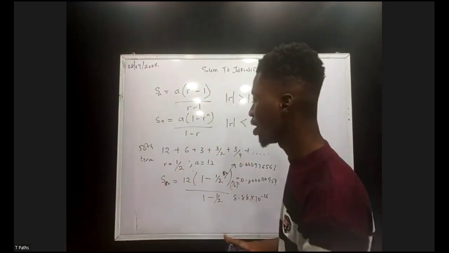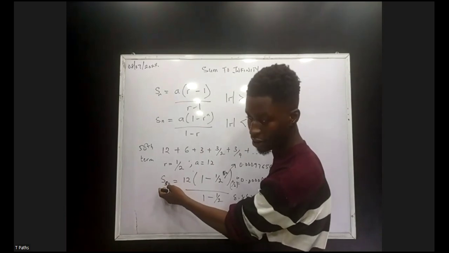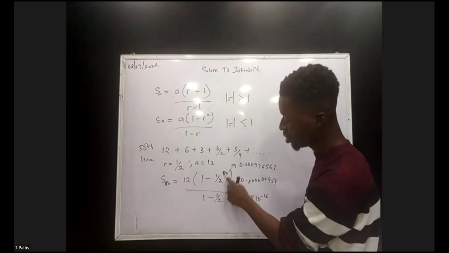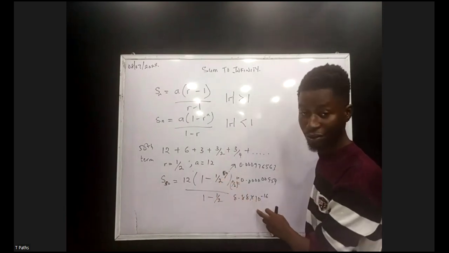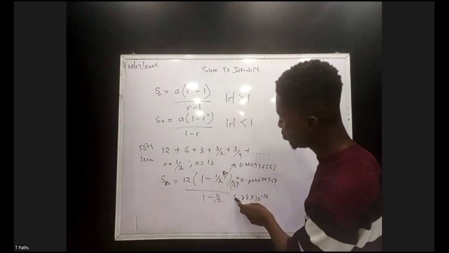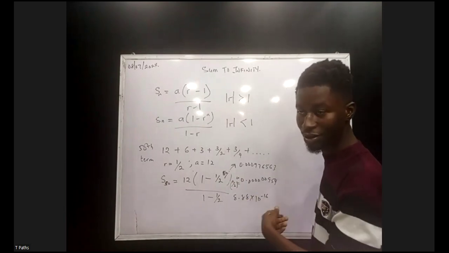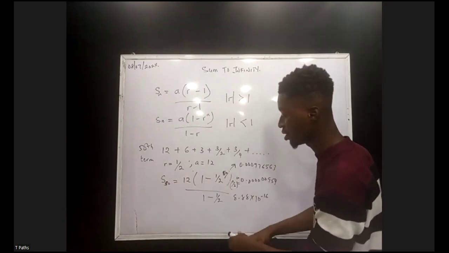So what did we notice? As the sum of the nth term is increasing, this value here is approaching 0. 8.88 times 10 raised to power minus 16, which is 0.00000, is approaching 0. That tells us that